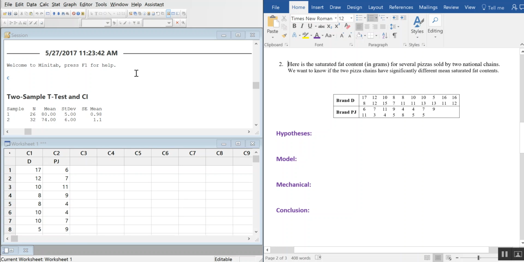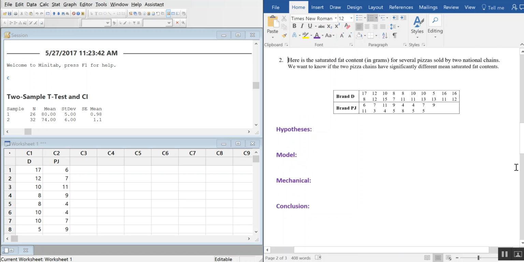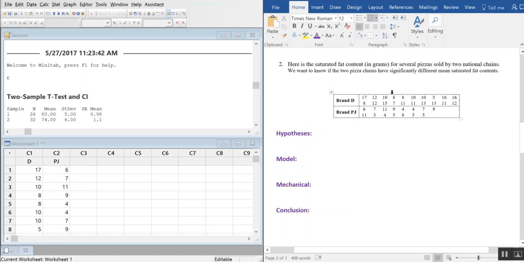And welcome to example number 2, where we are going to be looking at pizza. So here we have the saturated fat content, in grams, of several pizzas sold by two national chains, and we want to know if the two pizzas have significantly different means in saturated fat contents. So I'm hoping you look at this and notice that my samples are two different sizes,